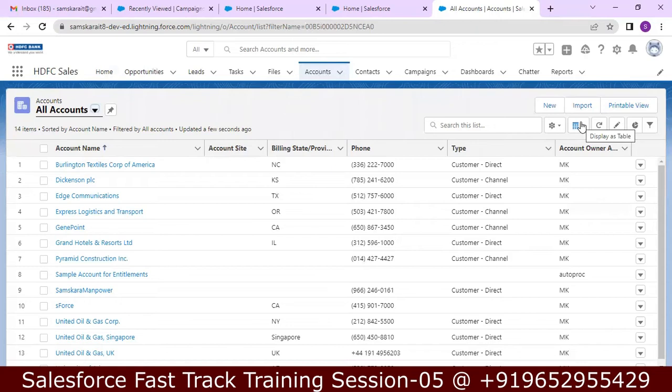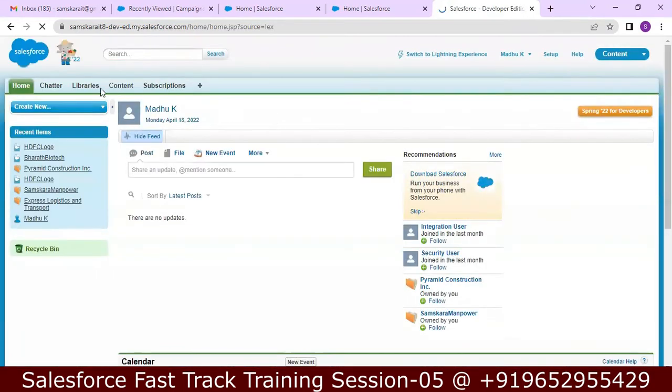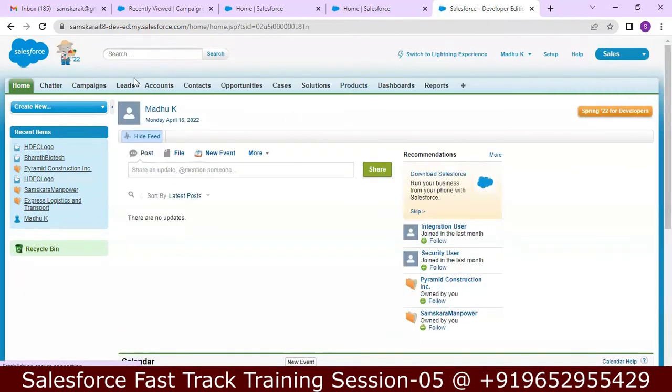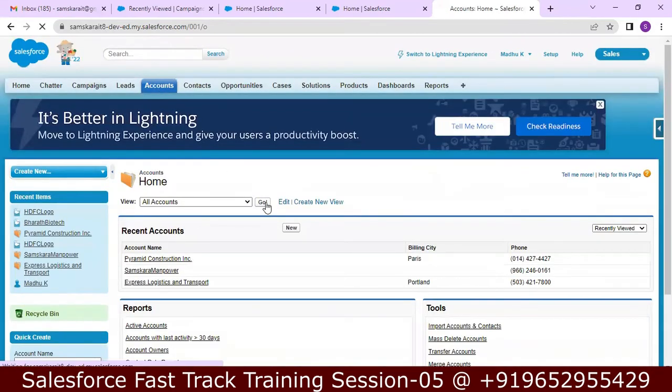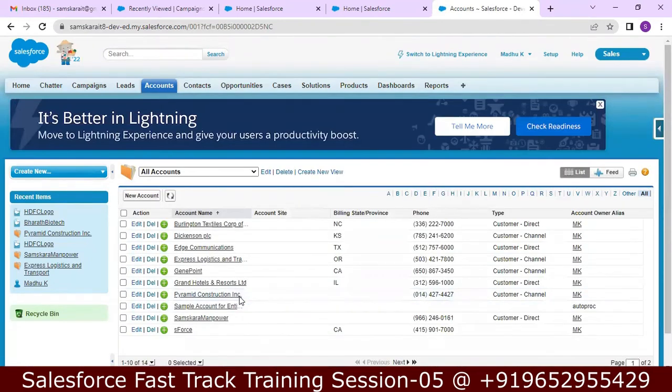In Classic, if you see, records will be displayed only in tabular format. If you go to enhanced list views, open the sales application, accounts, and click all accounts, it is showing 14 records here. Here we can see records only in this format, tabular format. In Lightning,